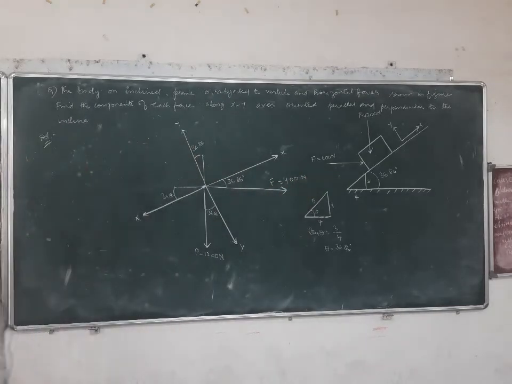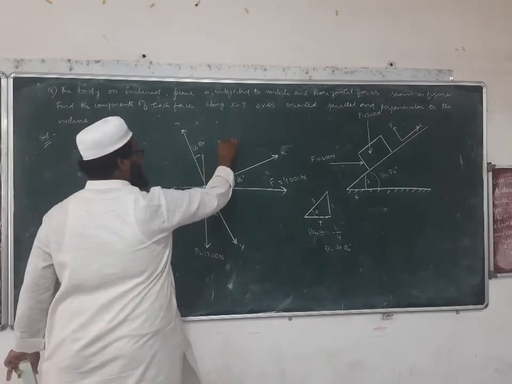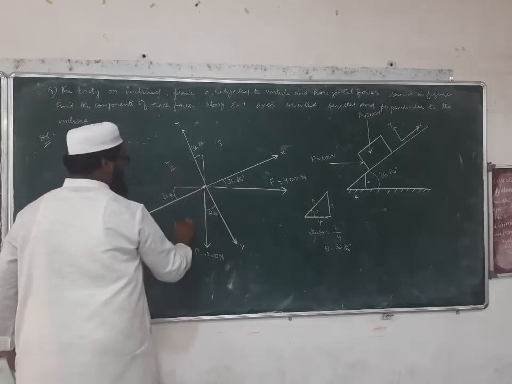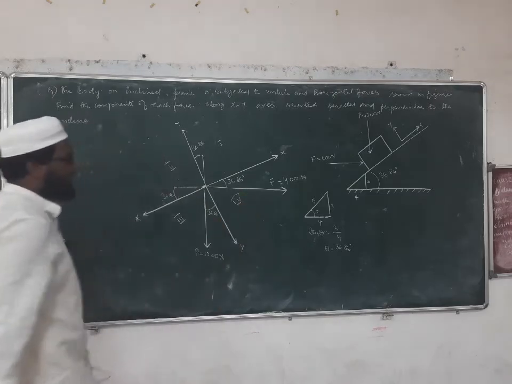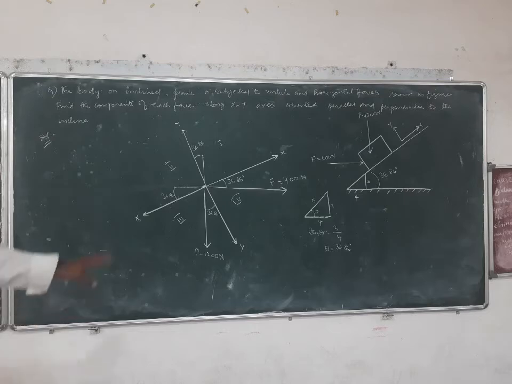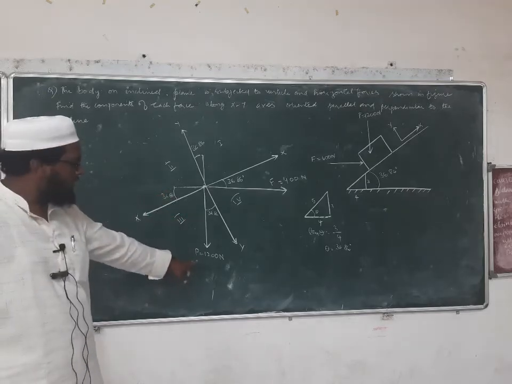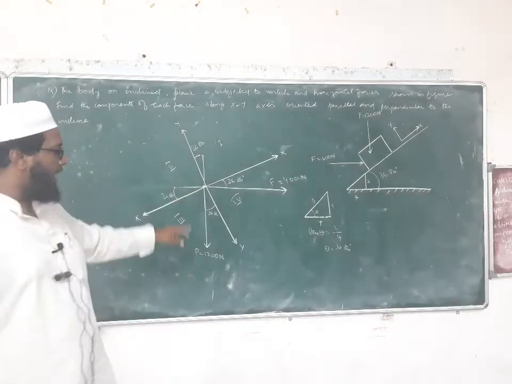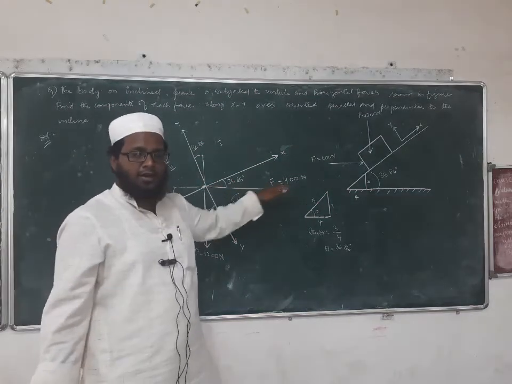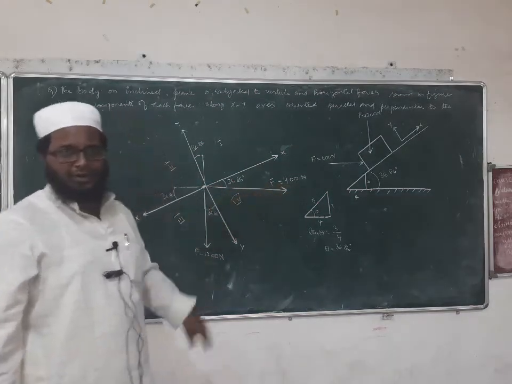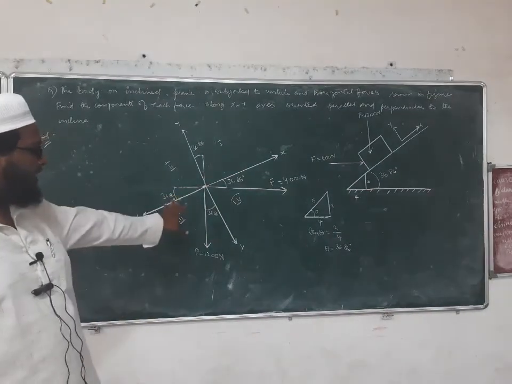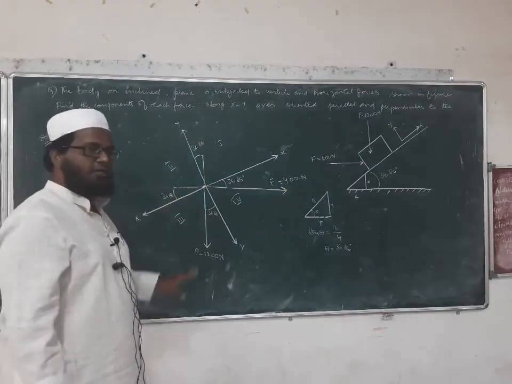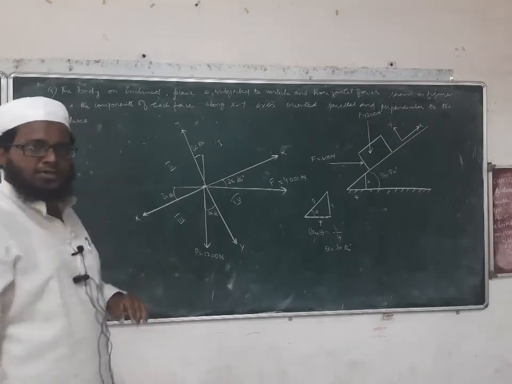Now you see the figure and tell me, this is our first quadrant, this is our second quadrant, and this is our third and fourth quadrant. Okay, able to understand? So my force 1200 Newton is in third quadrant, and force F is in which quadrant now? Fourth quadrant. Force F, which is equal to 400 Newton, is in fourth quadrant. Now depending upon these xy axis, we will try to calculate our components of forces.